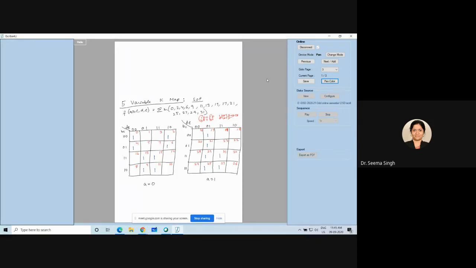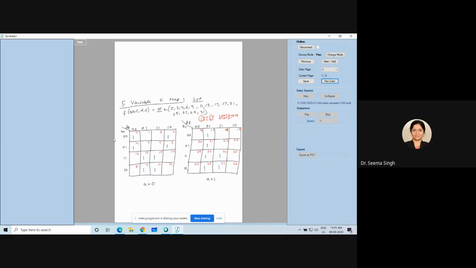Now, most important thing you have to understand. If you have understood the construction of K map, next you should understand the grouping. In the beginning of the class, I asked you, what do you do when you try to group the adjacent thing? You should see that adjacent cells have only one bit change among each other. That is why you were able to group, and I am assuming that all of you are well versed in grouping now. What you have to understand in this 5 variable K map is that the complete K map of A equal to 0 is lying layer wise on top of it.